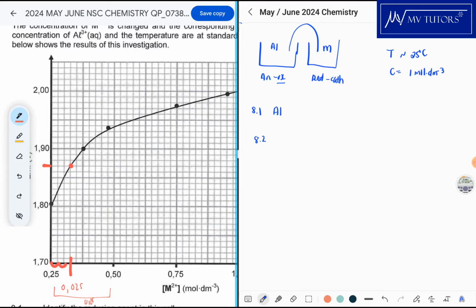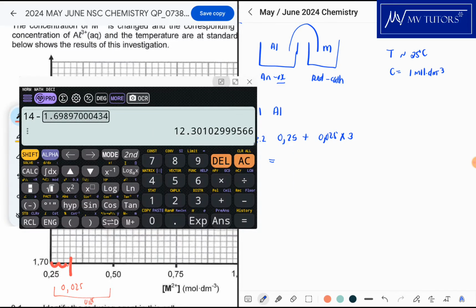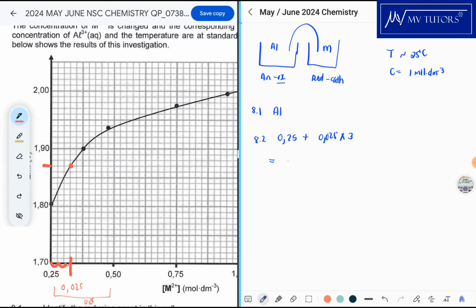So if I want to know what the reading is, it will be 0,25 plus the 0,025. How many blocks do we have there to get to our answer? 3 blocks. So we have 0,25 plus 0,025 times 3. So the answer is 0,325